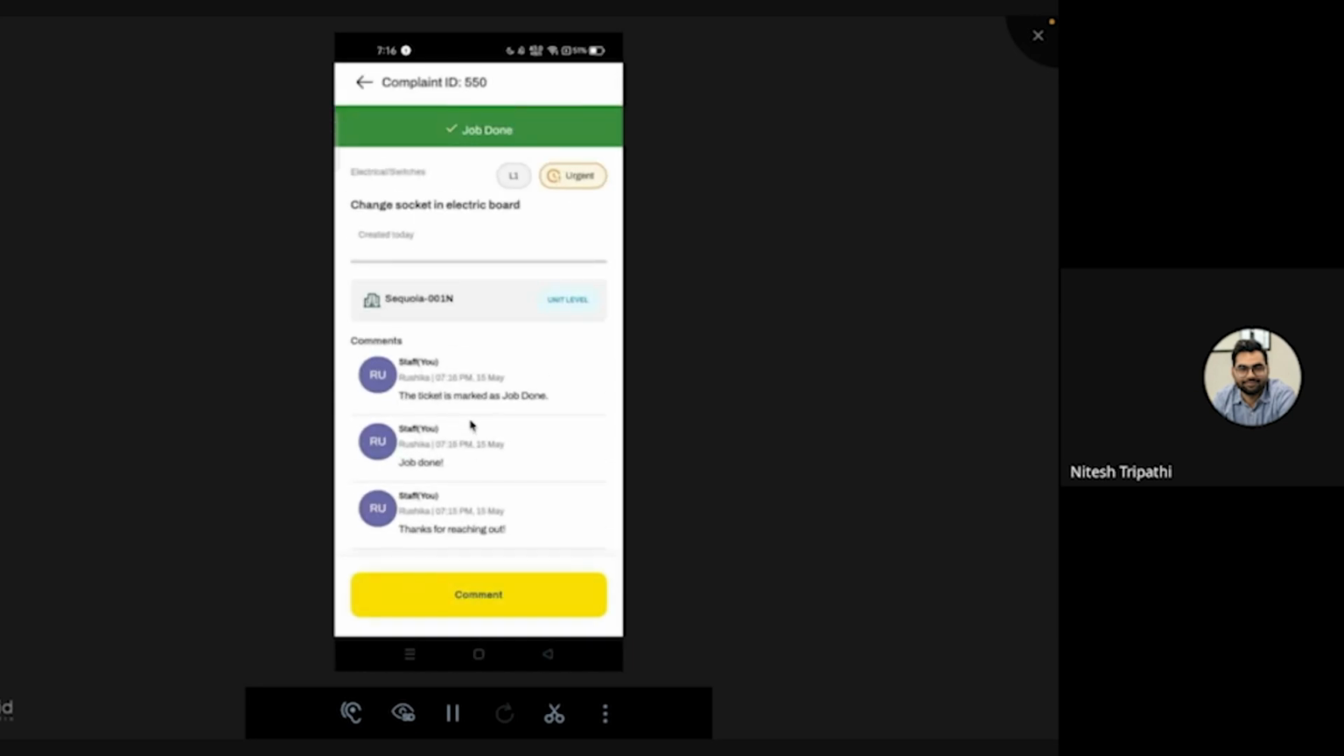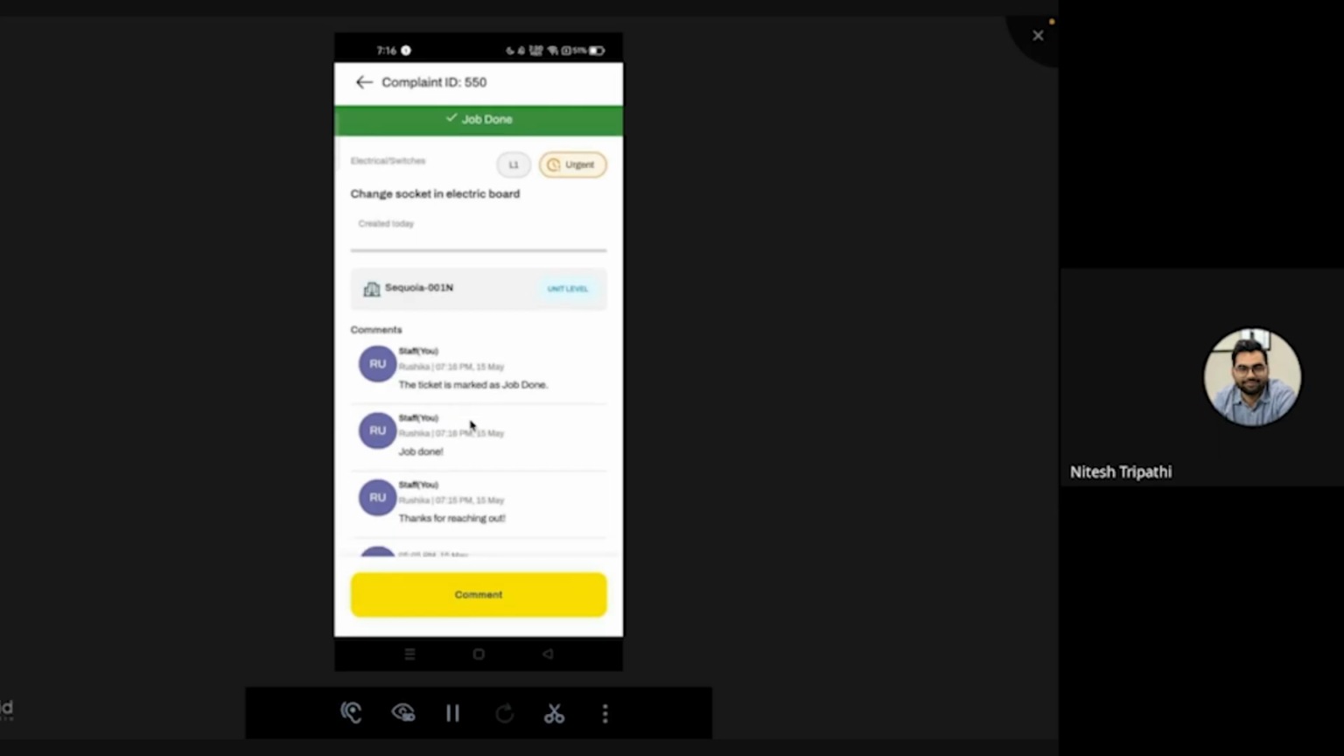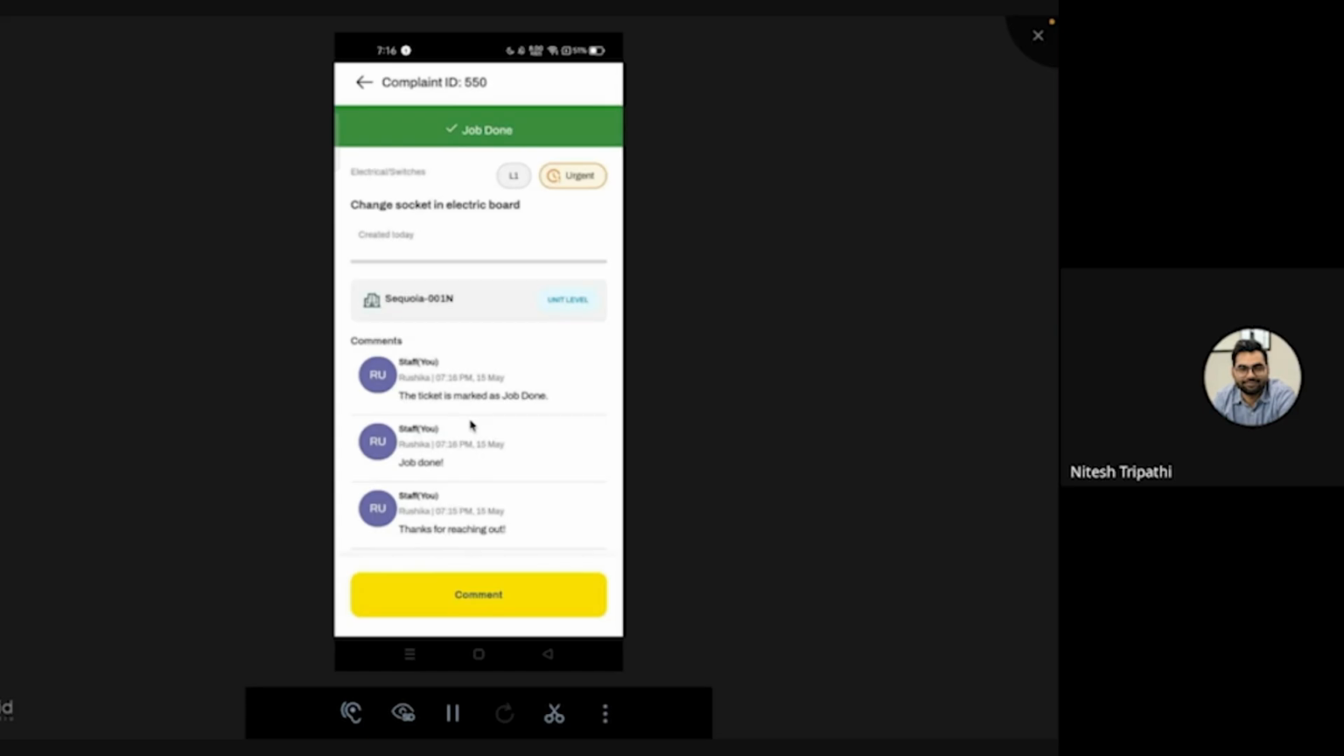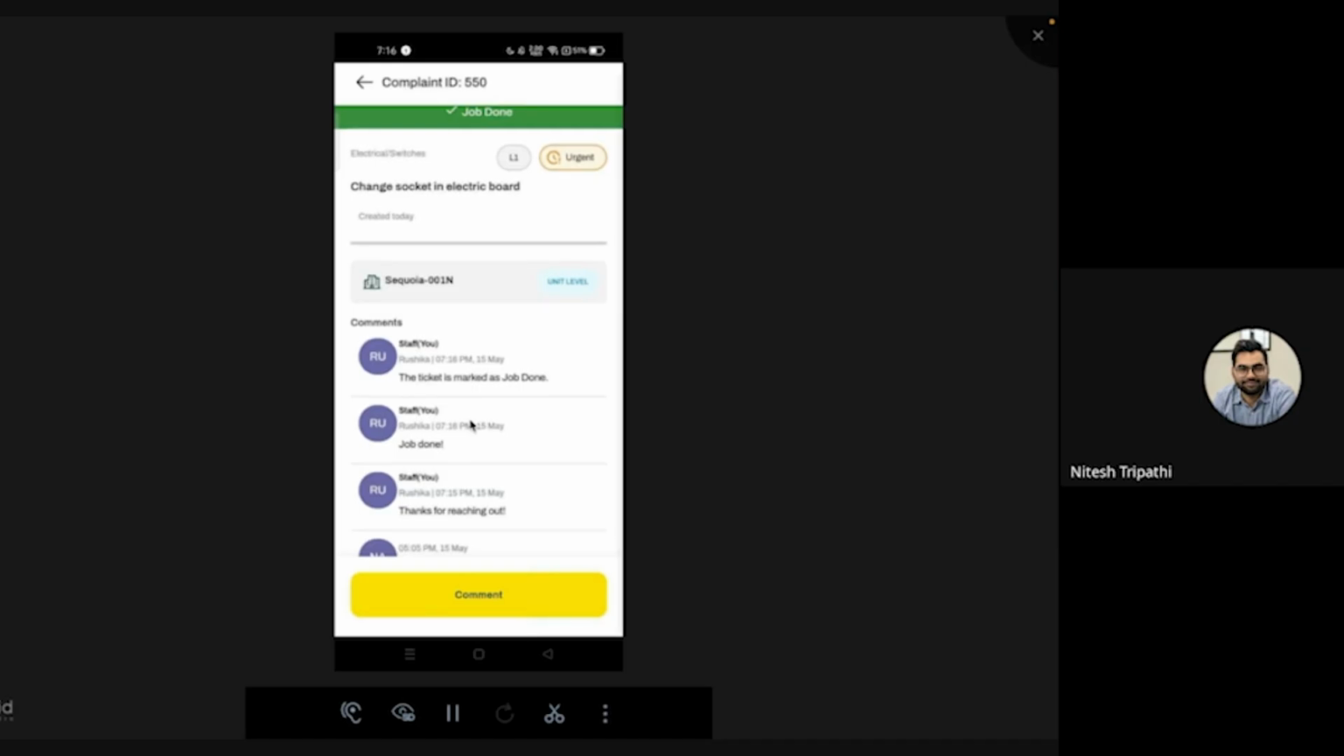Once they mark the ticket as job done, the ticket status changes to job done, and this allows them to notify the helpdesk managers, who can then mark the ticket as resolved upon confirmation. So basically, job done is a new status, as you have presented, between in progress and resolved. So in progress, earlier, any ticket used to move from in progress to resolved directly, either from the resident side